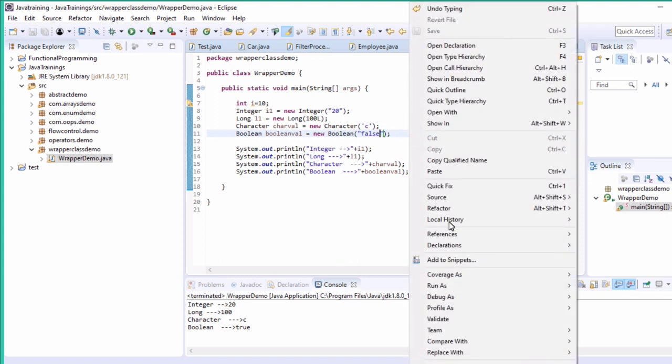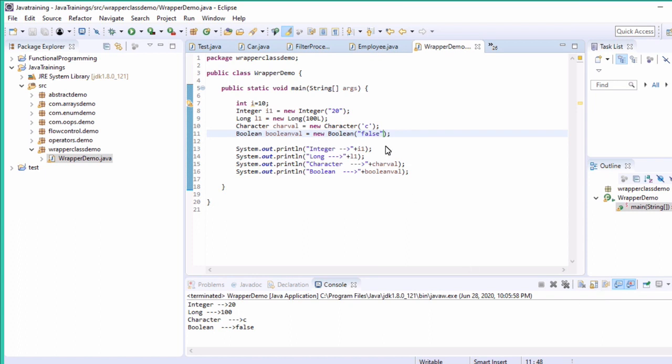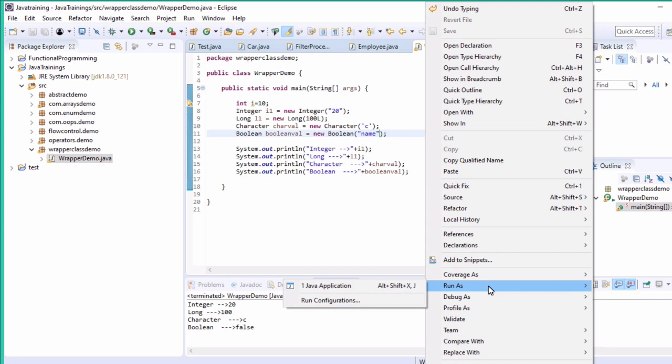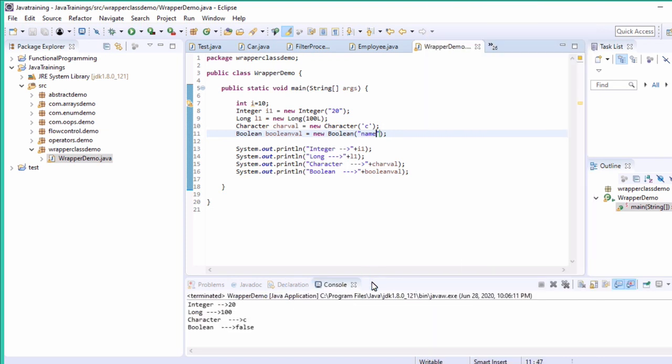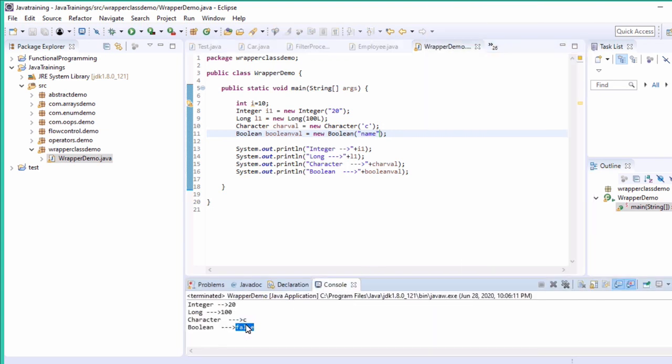Other than true or false, if you pass any other string, it will give false only. Why? Because that won't convert and it will give false. Suppose here you give some other value like name. It won't give any error, but while printing it will give false.